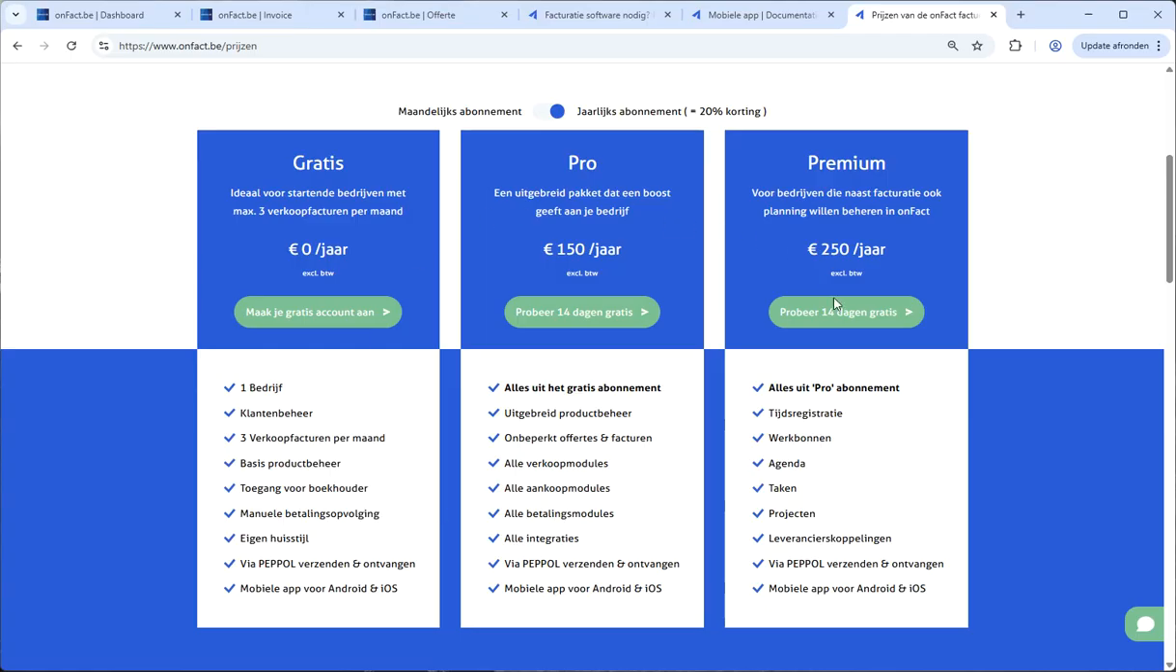PEPPOL, and also in all of our subscriptions, the support is included. The difference with the premium subscription, which is our largest subscription, is that this subscription also contains some modules more on planification and execution. So time tracking, creating work orders, having an agenda, project planning, and then some direct supplier connections more related to the